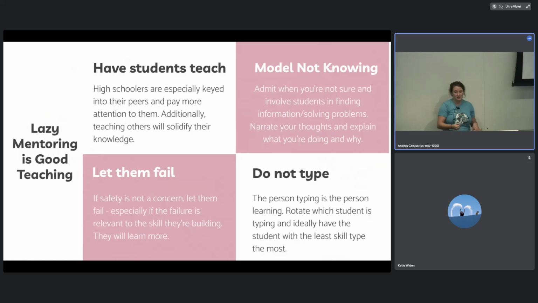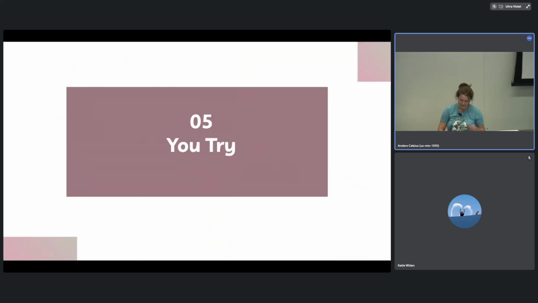They're still engaged because the other kid might be solving the problem, but they're still a part of it. When they're not doing that, it's really easy for them to sit off to the side and start thinking about a TikTok video they saw last night. If you have a bunch of kids at the same level, rotate who's typing. And this is why I really like 1 to 2 kids per computer. And 253 only has really 2 programming laptops. So I just stagger. I'm like, okay, today these 2 kids are learning this, these 2 kids are learning that. And that works pretty well.